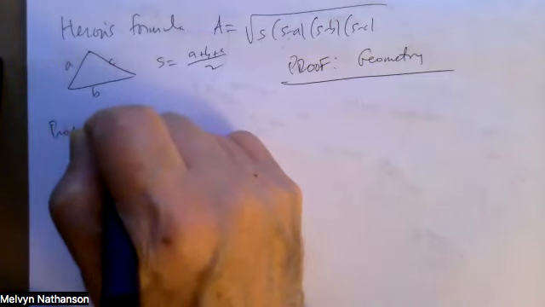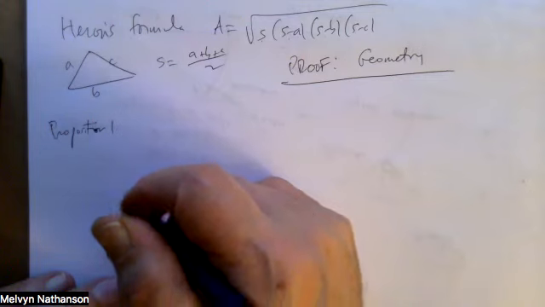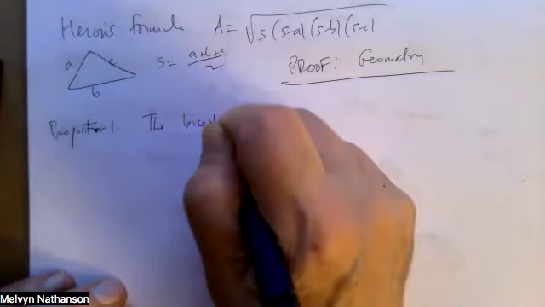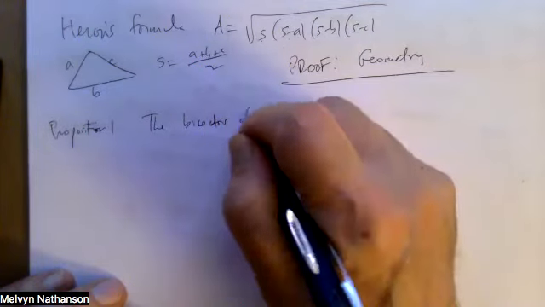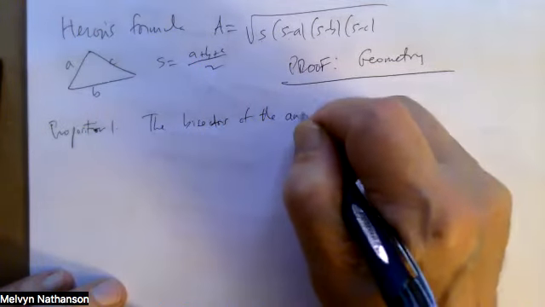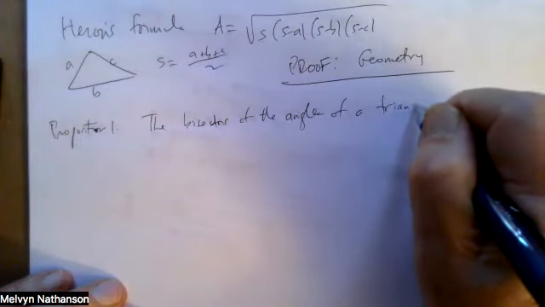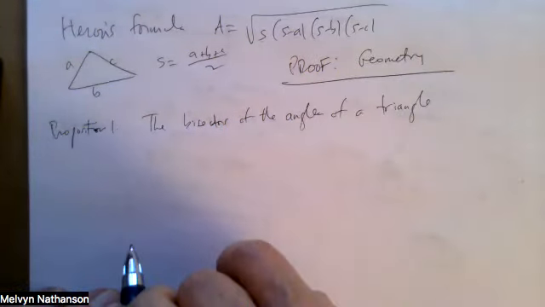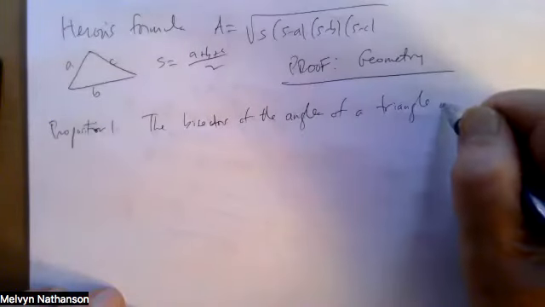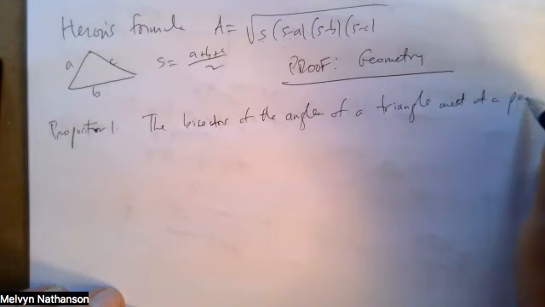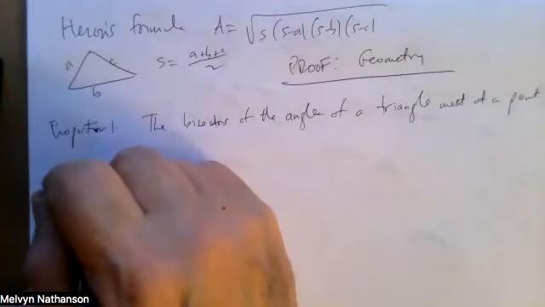So there are several propositions we need in the proof. The first says that the bisectors of the angles of a triangle meet at a point inside the triangle